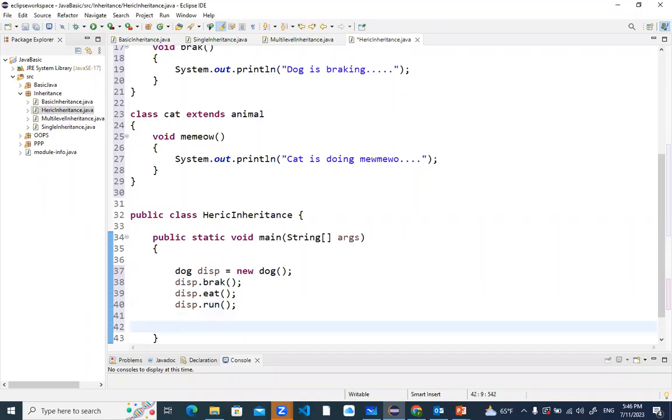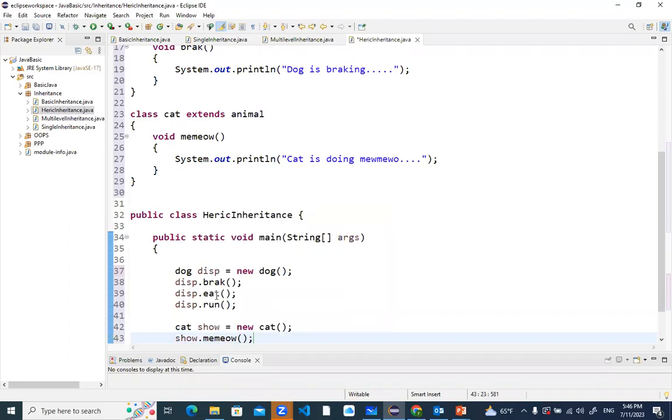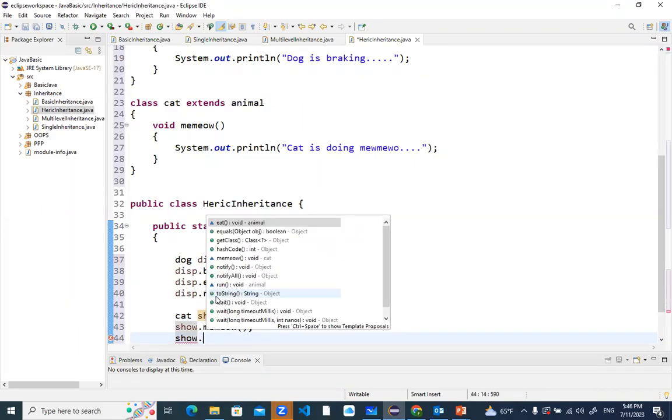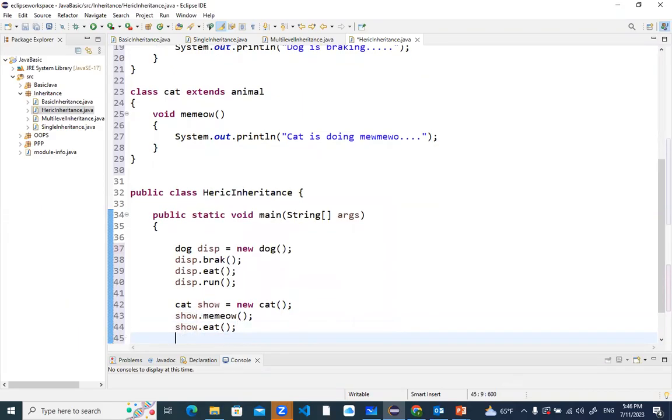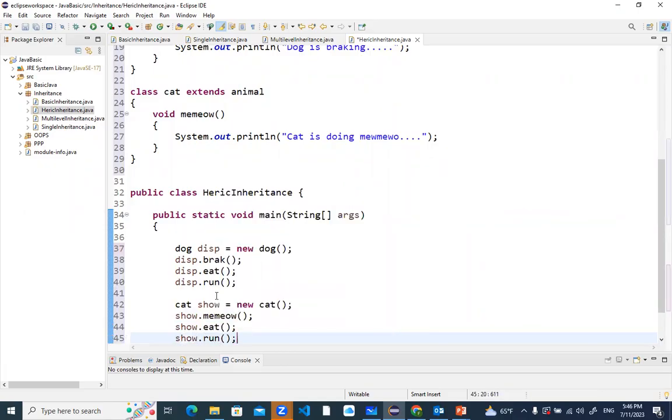Now, the same methods, eat and run, we can access with the help of the Cat class also. Cat show = new Cat(); Now with the help of show dot what? Show dot, the method of the Cat class itself, we can display. Now show dot what, eat. Cat can also eat. Now show dot run. Cat can also run. Now if I execute this,